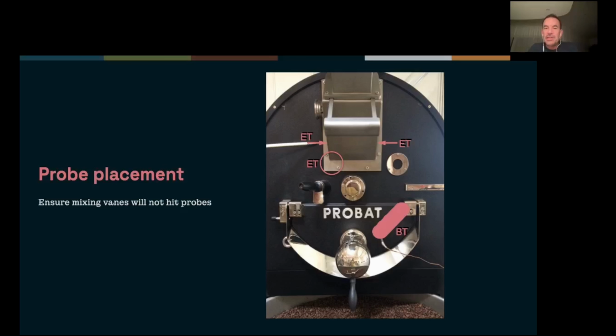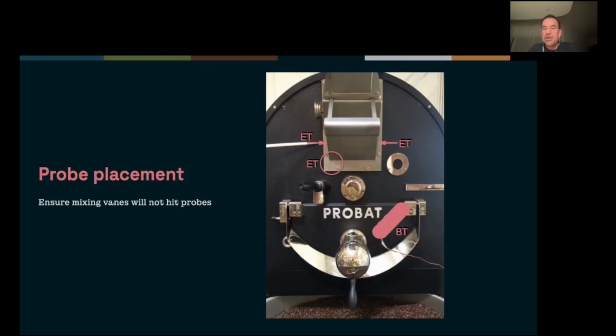So thankfully, this slide with the probe placement has become less and less important over the years. Many years ago, most manufacturers put the bean temperature probe quite near the middle of the drum, and the probes really didn't do a good job of measuring bean surface temperature unless you were doing a full batch. But some of us have been badgering manufacturers for many years, asking them to move the probes much lower, closer to the drum edge, so that if we were doing much smaller batches,